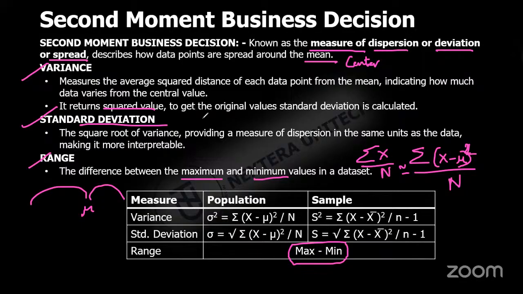This is represented with sigma, which is nothing but the square root of variance. Variance is represented by sigma square. Both are the same, but the difference is that variance returns the squared spread value, whereas standard deviation will return me the original spread. So we consider standard deviation. Now, let us go and calculate these measures in Python.